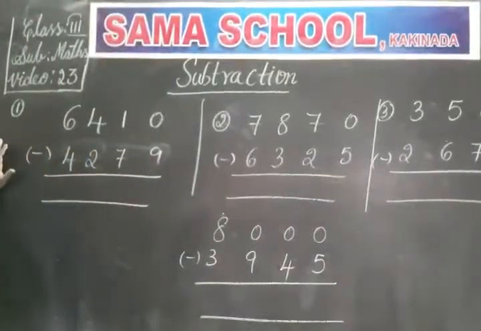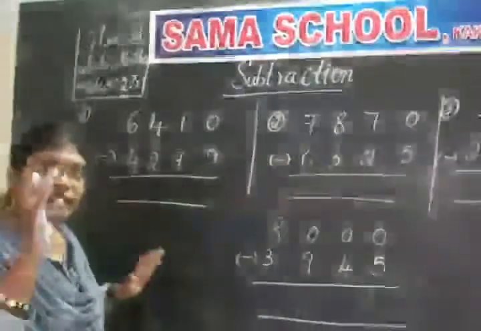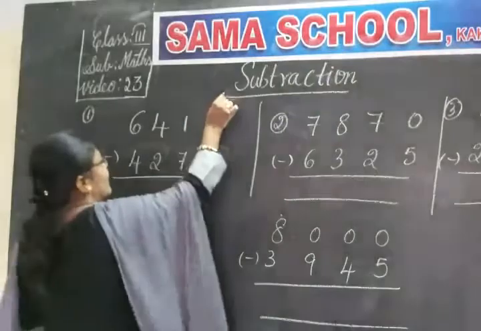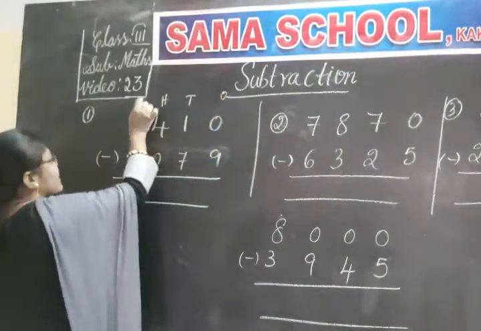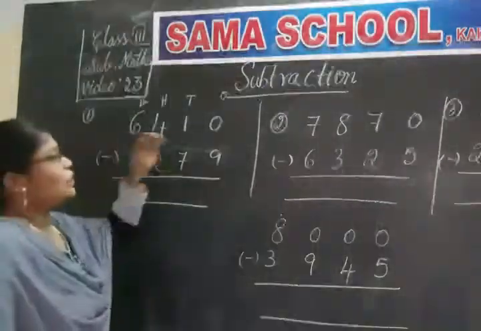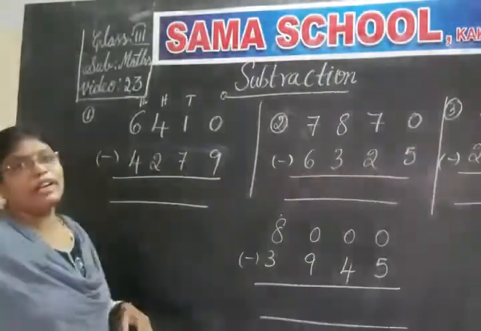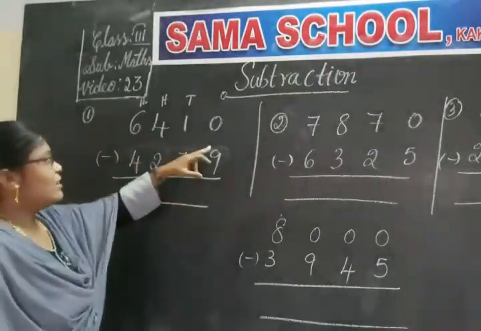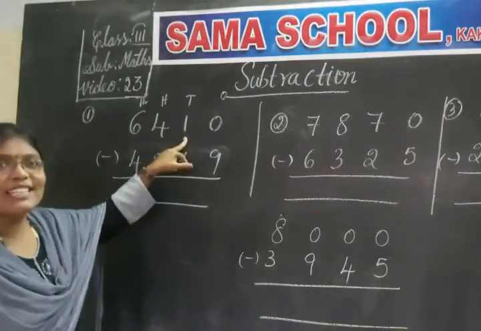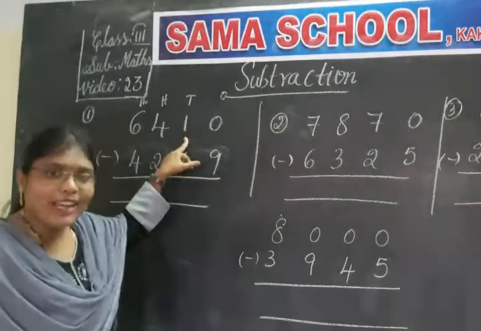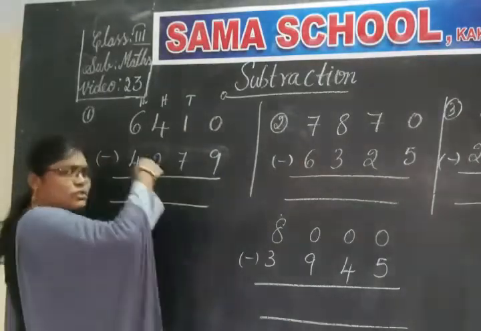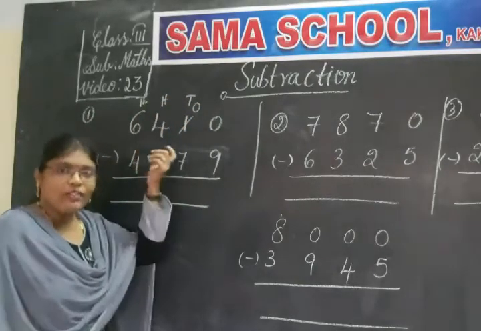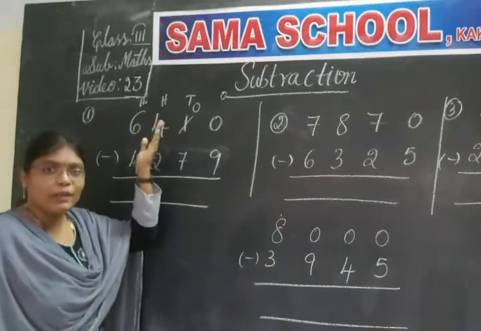Here, whenever we are subtracting or adding, it is very important to write the place values on the top. You should not forget ones, tens, hundreds, thousands. Okay, here what are the digits in ones place? 0 and 9. We cannot subtract anything from 0. So borrow from the next place, that is tens place. What is the digit in tens place here children? 1. Yes. So if we borrow this one, it will become 0. Yes or no? There is only one 10 and we have borrowed it, then it will become 0 only.